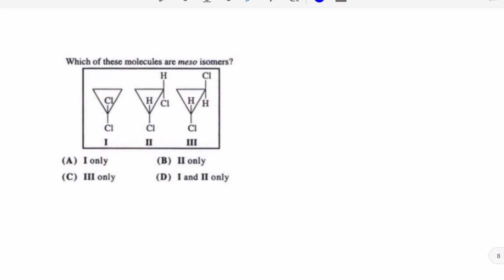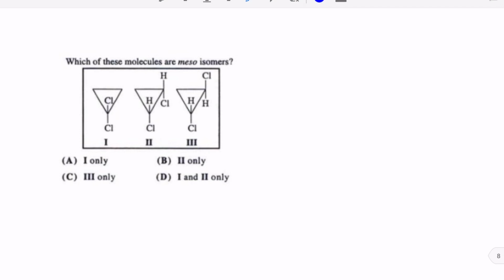Now we're on to the multiple choice questions. And in this first problem, we are given 3 molecules and we're asked which of these molecules are Meso-Isomers. So Meso-Isomers, just as a recap, are stereoisomers that actually do not show chirality, even if they have a few stereocenters or chiral carbons. So with that in mind, let's try looking at each one of these molecules and assessing whether or not they